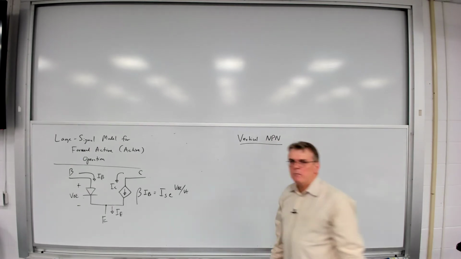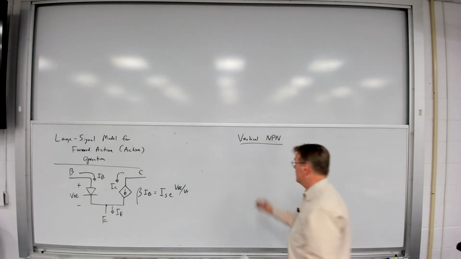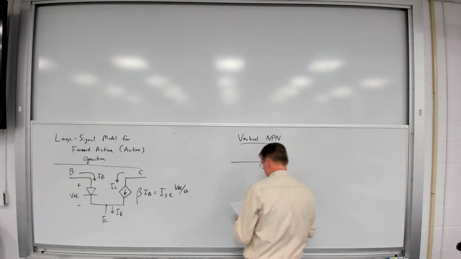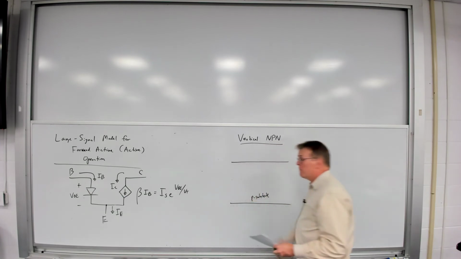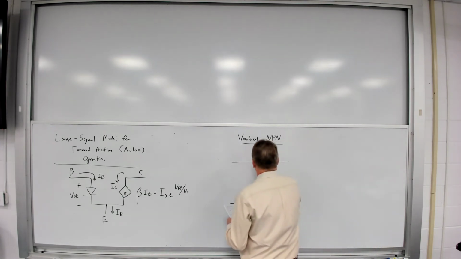A vertical NPN transistor structure in an integrated circuit will look like this. So here's our P substrate,